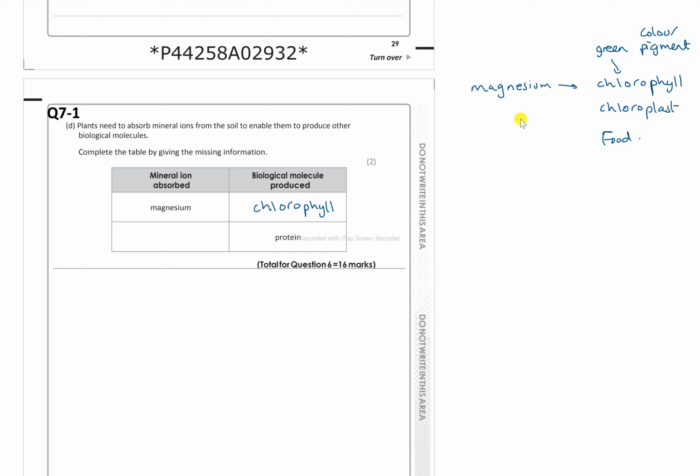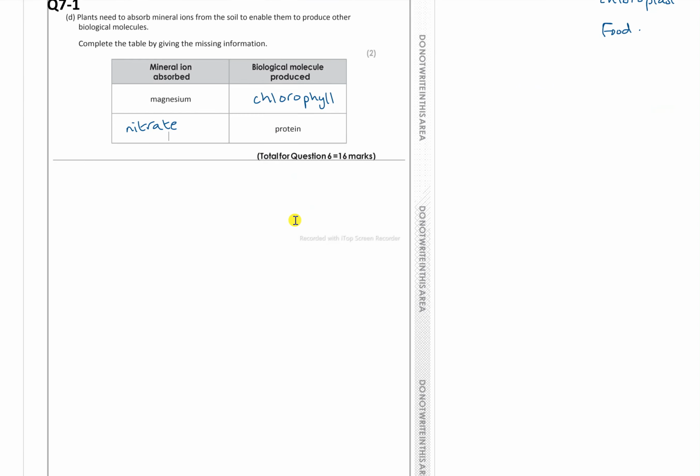Right. Protein, you need nitrates normally. That's just the best way to do it. Although they'll allow sulfate, ammonium, but nitrate turns into amino acids, which the plant then uses for